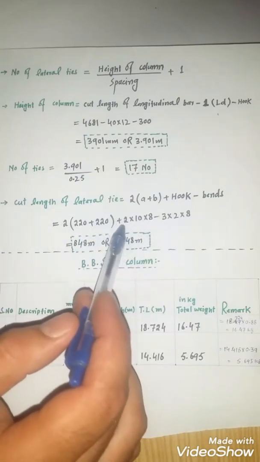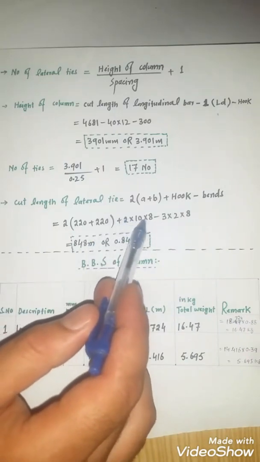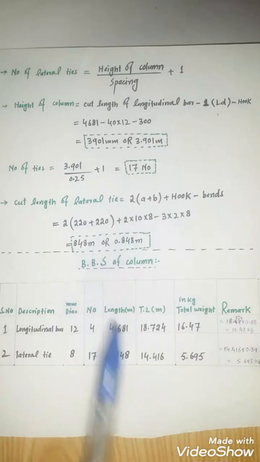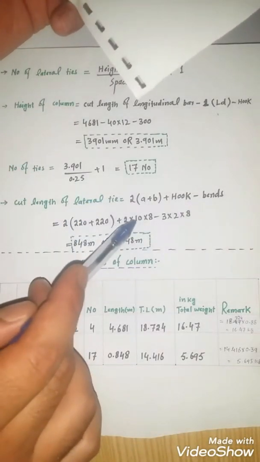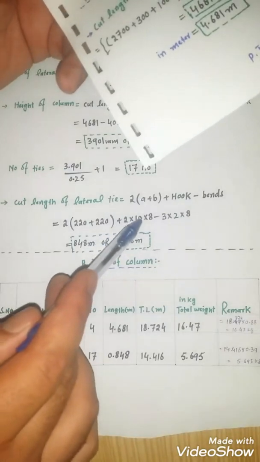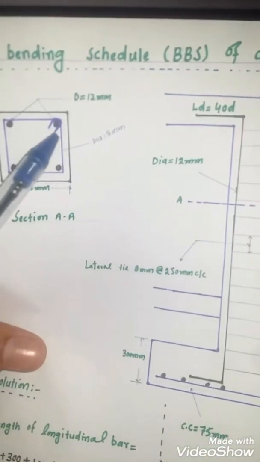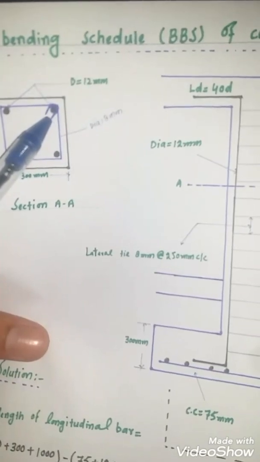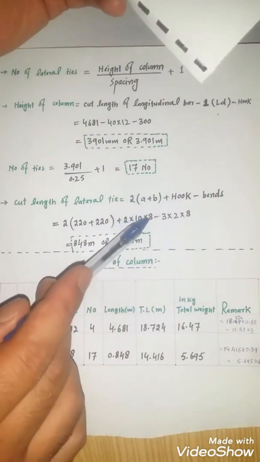plus 2 hook multiply by 10 multiply by 8. What is this value? 2 is the number of hooks, multiply by 10, multiply by 8. For finding this hook, we use the formula 10 into D. 10 is the formula value and D is the diameter of bar, which equals 8 millimeter. 2 multiply by 10 multiply by 8,